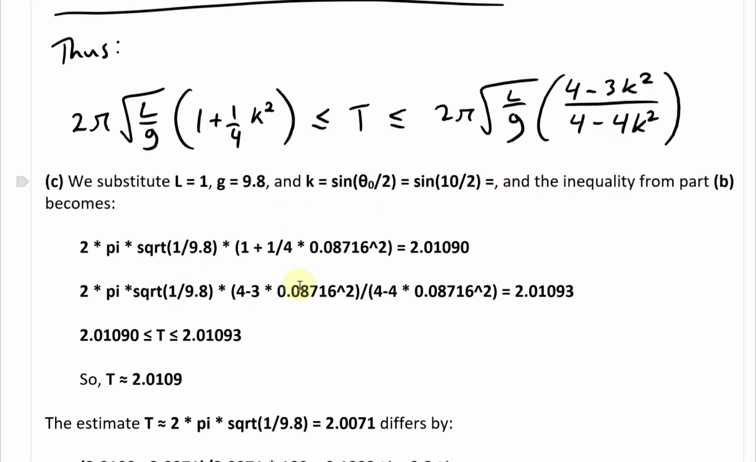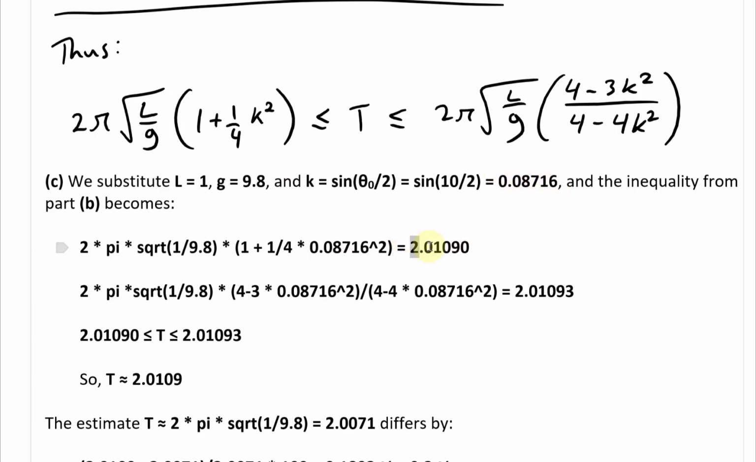My OneNote calculator is in degrees, so just press space. We get this big giant number, 0.071555, but I'll round it up to the 6th decimal place, because the solutions manual rounded to the 6th. And the inequality from part B becomes, you can just write 2 pi times square root, L is 1, G is 9.8, and then times 1 plus 1 over 4 times k squared. So k is going to be this value here,